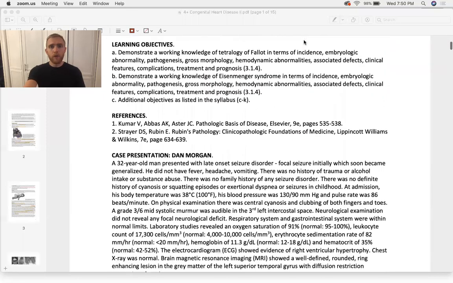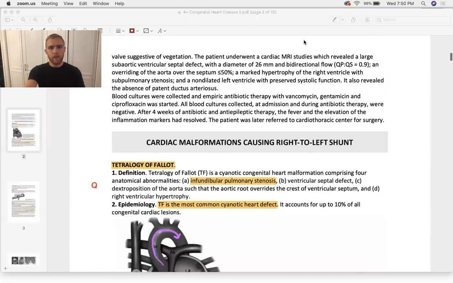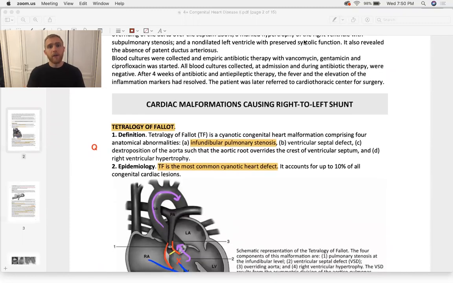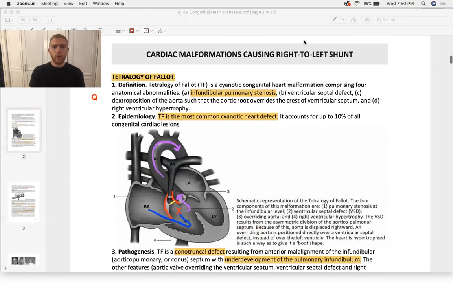Whenever this happens, you deliver deoxygenated blood to the tissues, and it's deoxygenated because it bypasses the lungs. The most common right to left shunt is the Tetralogy of Fallot, and it's anatomically complicated. There are 4 different defects involved in the overall picture of tetralogy. In order, they are an infundibular pulmonary stenosis, a ventricular septal defect, a dextroposition of the aorta, and a right